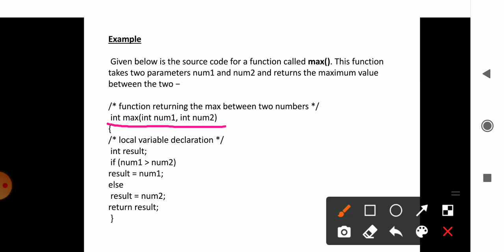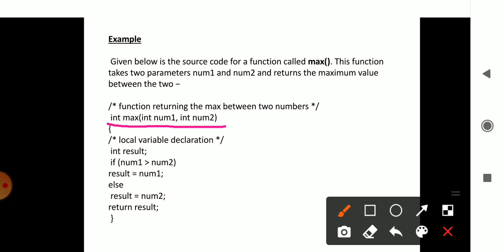This is the parameter list. So int is the return type, maxOf is the function name, and within the brackets we specify the parameter list that is used in this user defined function. In this case, num1 and num2 serve as the input data for the function.